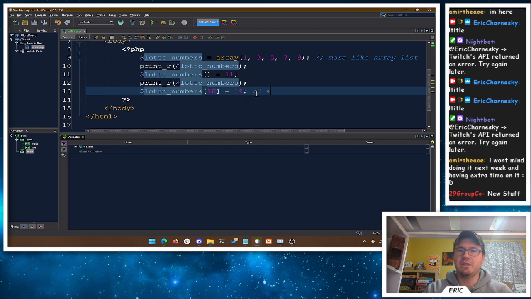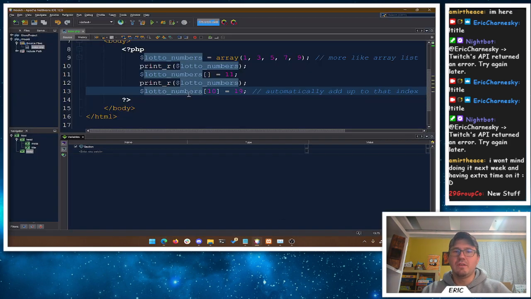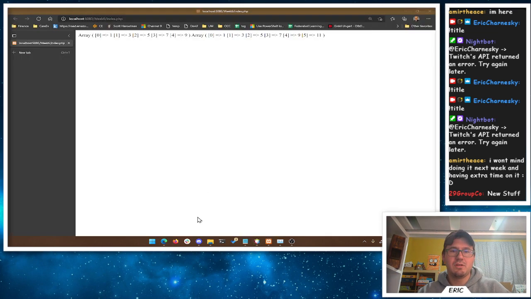So this will automatically add up to that index if it doesn't exist. So you want to be careful with some of your index notation here. Oh, sorry, I'm going to print it again. In Java land, it would yell at you, and you get like, hey, array index out of bounds exceptions. PHP is just going to let you do it. And it's going to say, oh, sure, you must have really wanted to do that, so we'll let you do that. Do another print here, and now we get